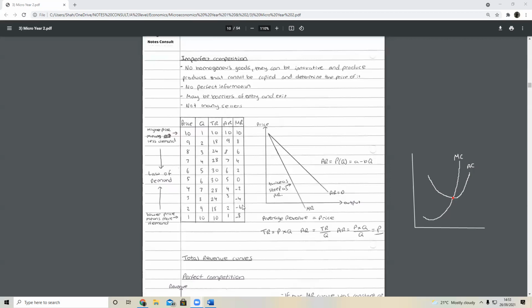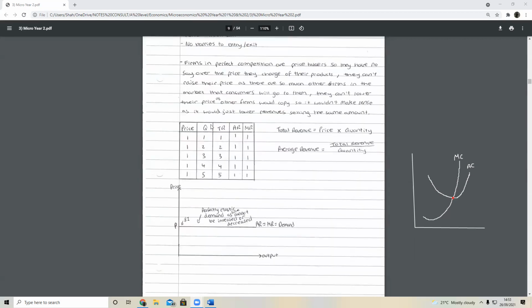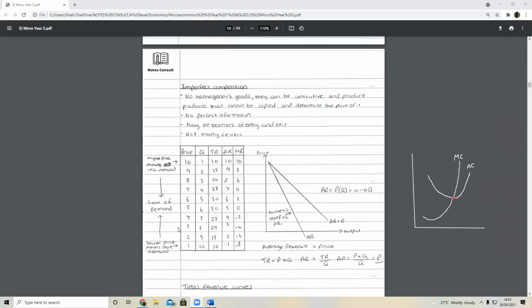So here, what's the difference between this graph and what we just saw? Now we have different price levels. What we can see is the law of demand. We would expect that as the price level decreases, the quantity demanded increases. So when we decrease our price, we can sell more. When we increase our price, we're selling less because it's less attractive for people to buy it. That's the nature of the law of demand. Lower price means more demand, higher price means less demand.